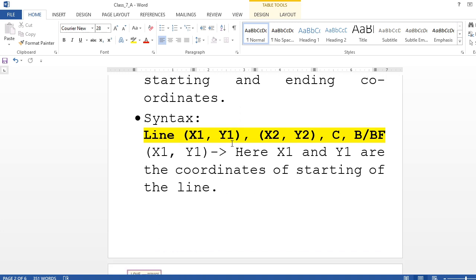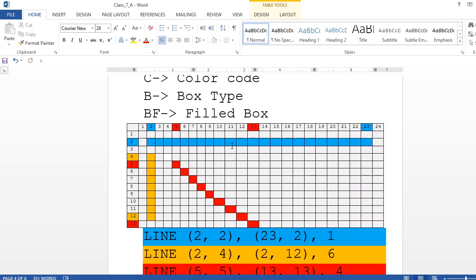Okay, and in the next time we are going to do circle, we are going to do a different type of other lines. We are going to do, let's suppose, like that triangle, we are going to draw a hut. These are all things I am going to show you in the next class, right?